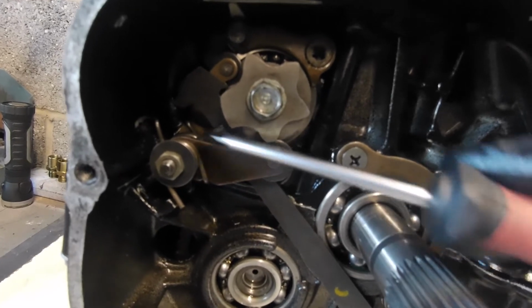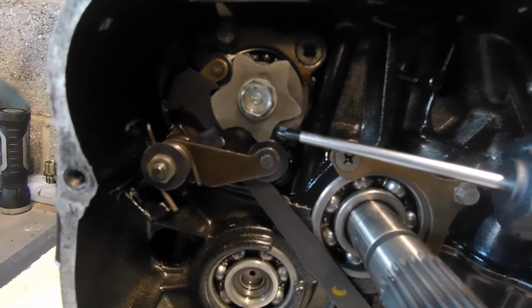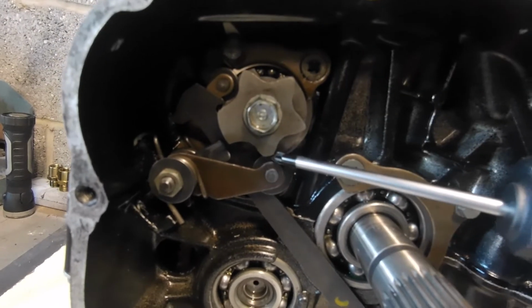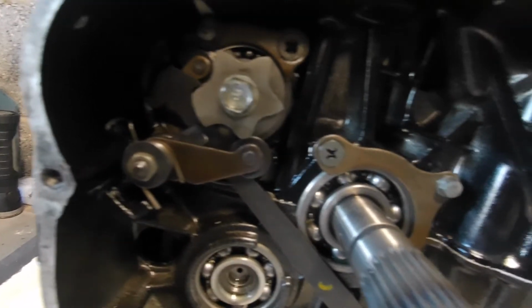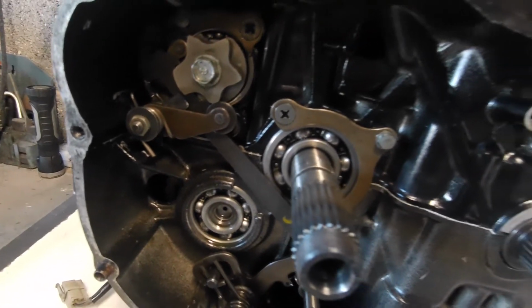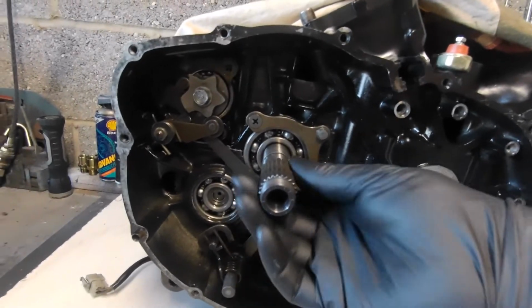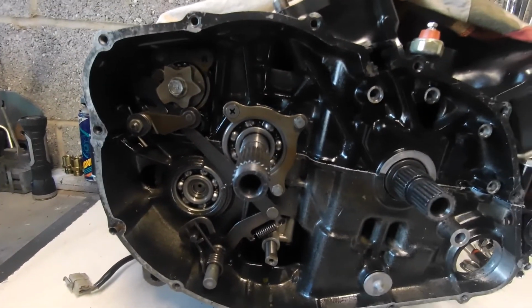And obviously the big detent that we can see here now, which is for gear positions, is sat in the neutral position at the minute. So yeah, that's all that's changed. That's where we're at with it. Well, that's all that's been rebuilt since. So we're now ready to start and look at